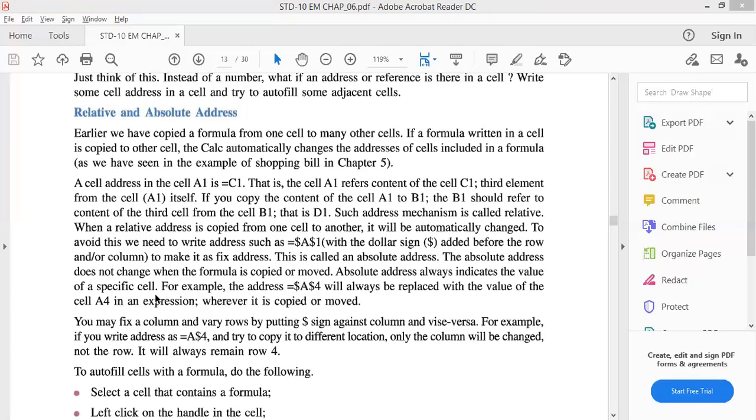Same formula. Suppose I copy this formula here. What is the formula? Equal to C2 into D2. But I want to do